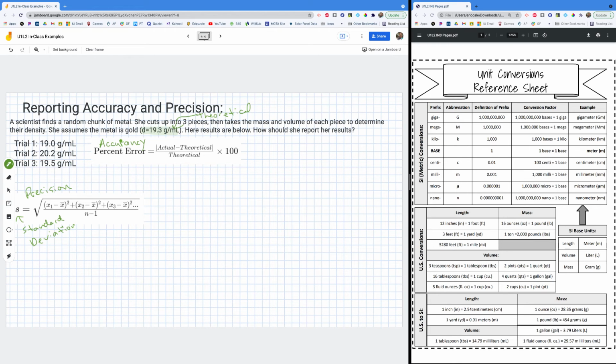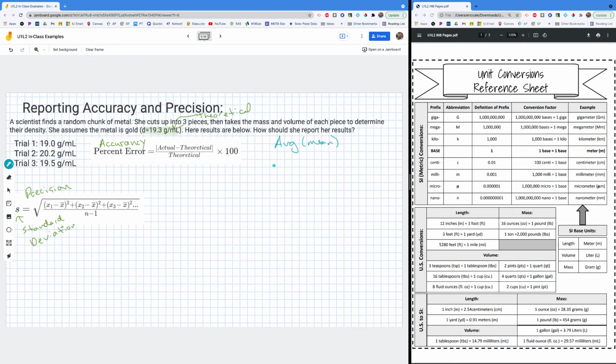So if we want to know her percent error, we have to find her actual value. That actual means what she actually got when she did the experiment. This is the information she got from the lab. Theoretical is what it should be, so 19.3. The actual, in this case, we're going to do the average, or as you might know it, the mean. So we'll do the average over here. Average, or mean,